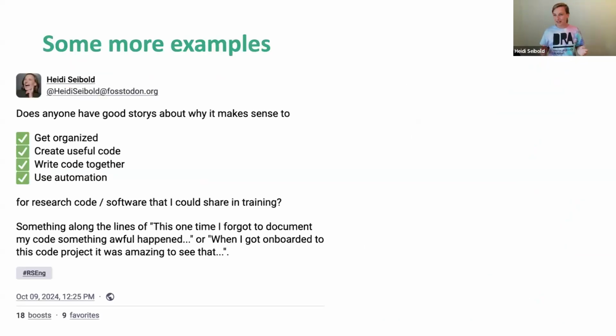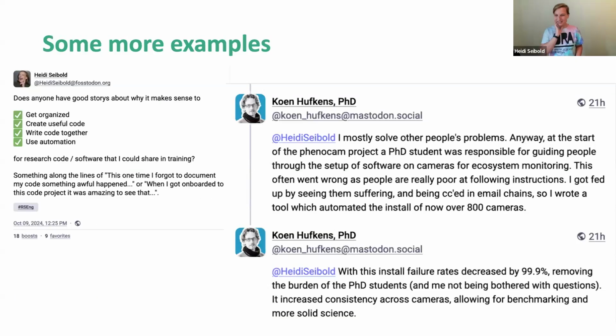A couple of other examples I thought would be a nice way to start off this webinar. So I thought I'll just ask the internet what they think are good stories of why we want to do certain things in research software engineering, like getting organized, creating useful code, writing code together, or using automation. And I got a lot of really cool responses to my question that I sent out on Mastodon. And so here's one that I really liked from Kern